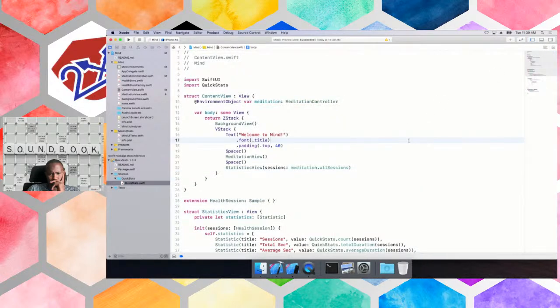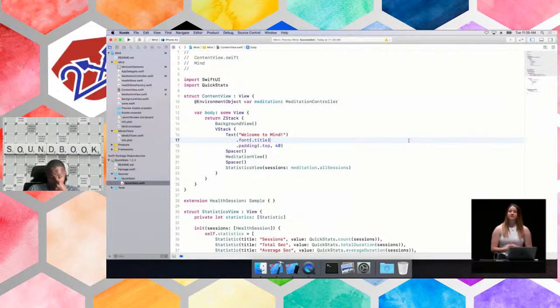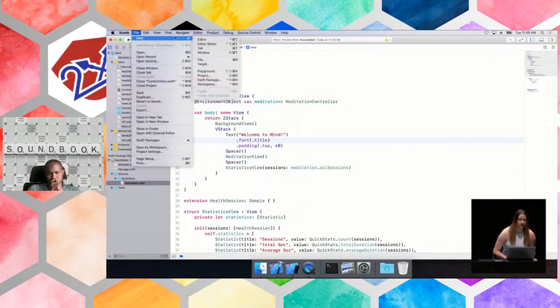Now we want to start writing unit tests for our model. And to make this easier, we are going to move our model code into a unit testable framework. I could choose to use a Swift package, but I only want to share this code with my team, so I'm going to choose a framework instead. We need to create a new target,